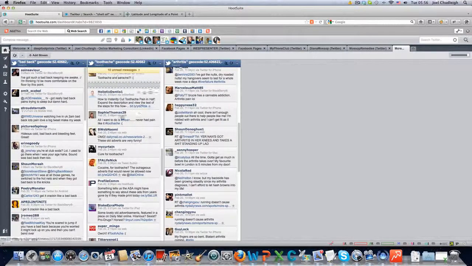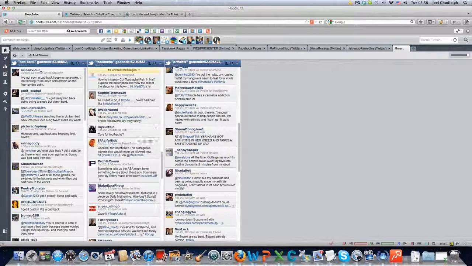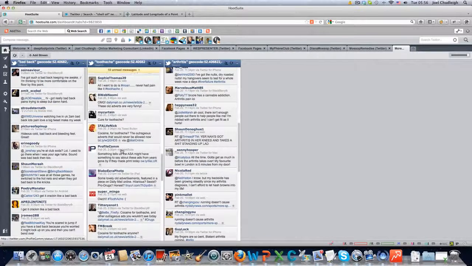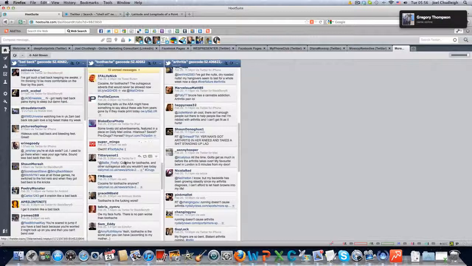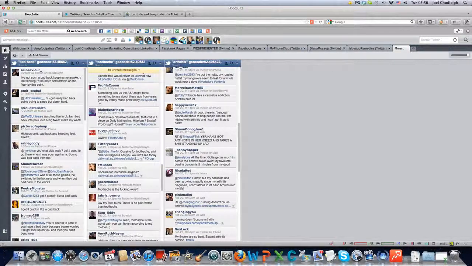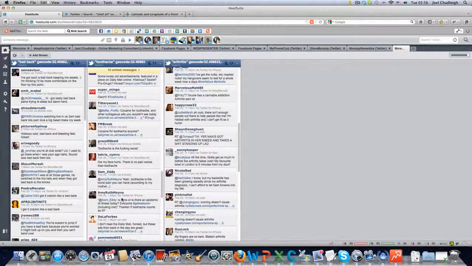I ran this one earlier, and this is toothache. Cure for toothache, question mark. Cocaine for toothache. Ouch, toothache. Toothache's the worst. Is it? So obviously if you're a dentist or you've got any kind of solution for toothache, or even painkillers, then you've got some opportunities here. I did bad back as well, and also there's some opportunities for people that might be